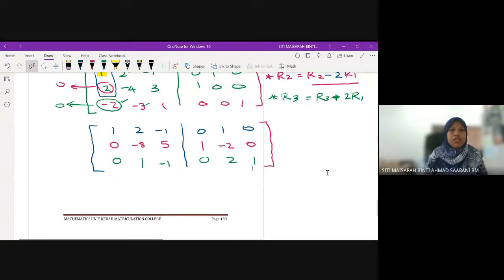Okay. Now we are going to tukar yang ni. Yang ni kena darab dengan negatif 1/8. So row 2 kena darab dengan negatif 1/8 R2, untuk dapat 1. We are going to obtain 1 kat sini. So jadi 0, 1 dekat sini akan dapat